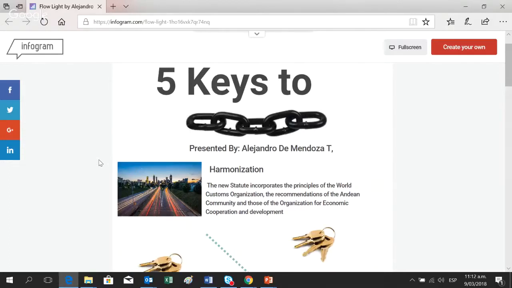It means that this document incorporates all the principles that the world of customs clearance has implemented in their countries, and also gives you the recommendations of the Andean Community, remember the free trade agreements, and those of the Organization for Economic Cooperation and Development, so that you can have advantages in making an import or export process.